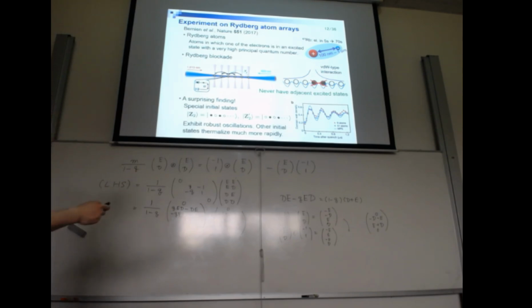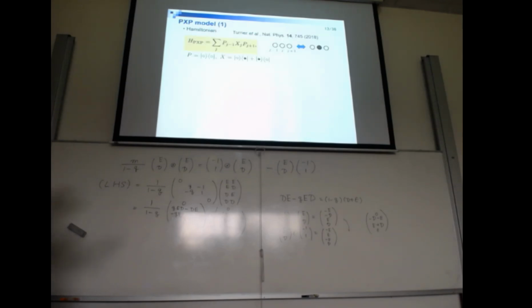Okay, so this experimental system is rather complicated to model, but people introduced a bit simplified model, which is called the PXP model. And here's the Hamiltonian of the PXP, where P is a projection to the ground state, and X leads to a resonance between the ground state and excited state. So if you act with this PXP on ground state for these three consecutive sites, you get this configuration, and vice versa, right? And actually, this was introduced in 2018, but Rezanowski and I also introduced a bit more general model this year. But anyway,